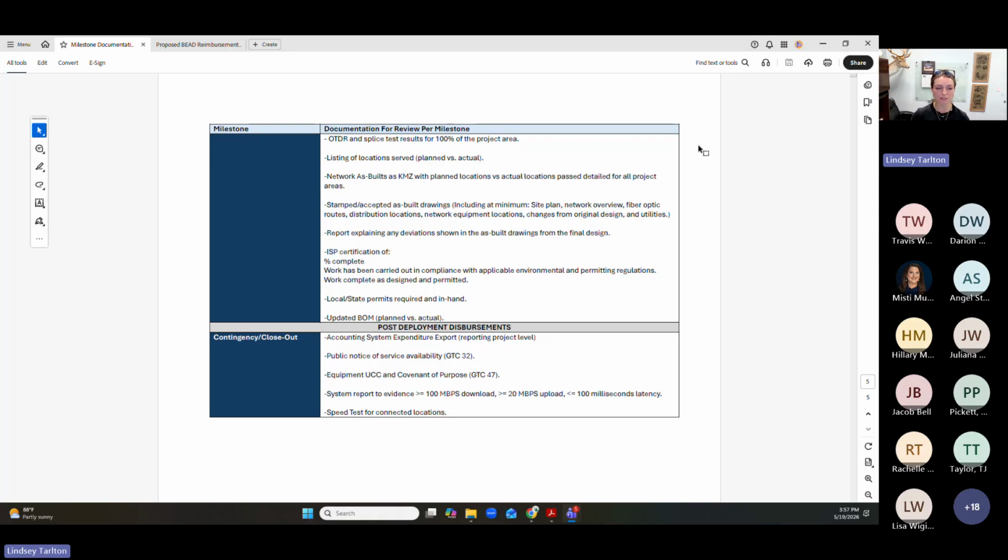Just wanted to show you guys some documents that might be required. You can go ahead and have some internal policies and procedures in place of how to house these as the program starts going after subaward execution. And hopefully knowing this all on the front end will make everything a little bit easier on the back end when we do get to that stage.